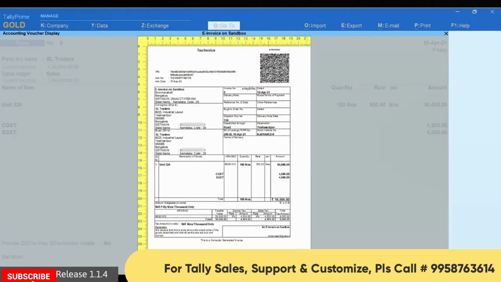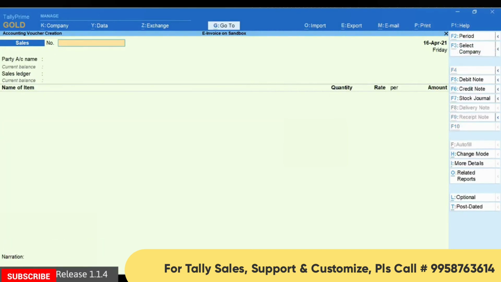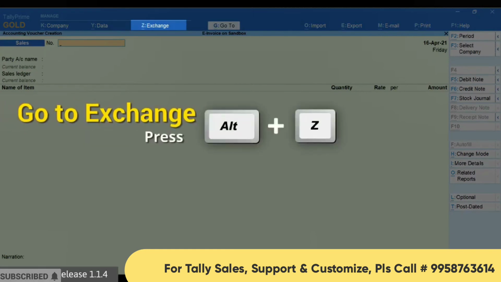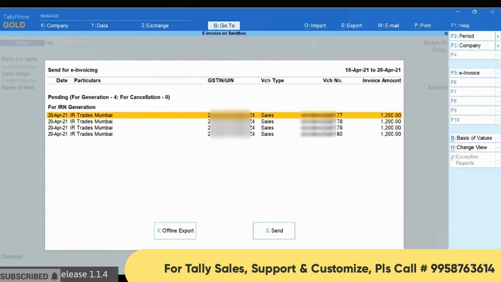You can also generate or cancel e-invoice for a voucher or multiple vouchers in bulk from Exchange on the top menu. Click Exchange or simply press Alt-Z and then click Send for e-invoicing. The Send for e-invoicing screen appears.